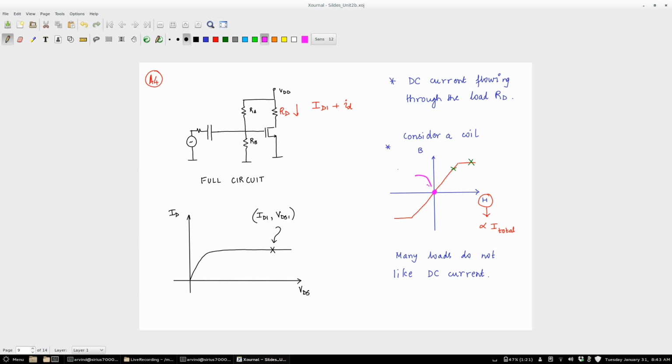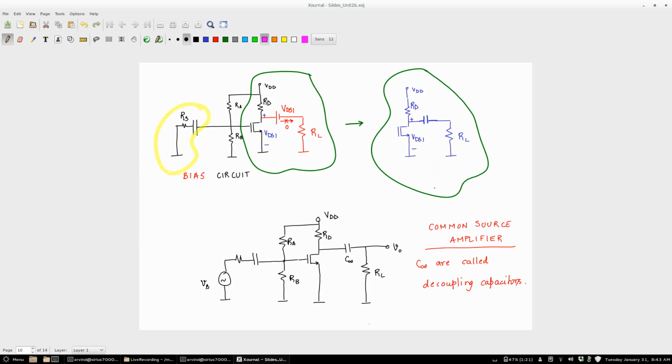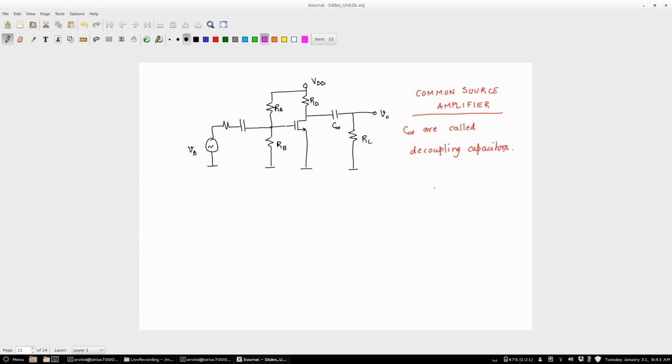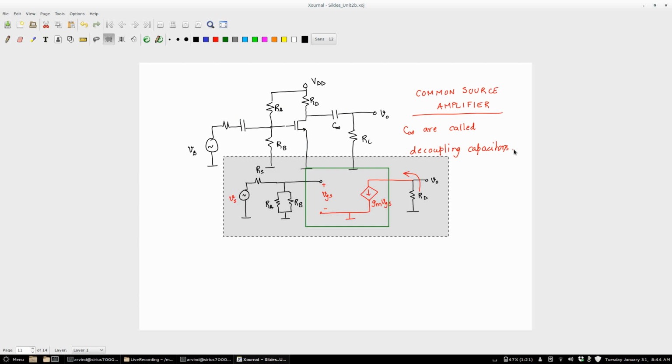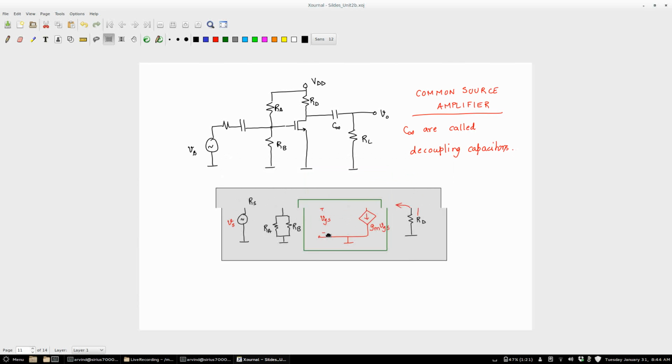In the previous case, you possibly want your operating point to be here because you want your inductor to work as a linear device, right? So in most of these applications, I understand that you would want your operating point to be at the origin. This is what you will want. But if you have a DC flowing through the load, it will shift to this green dot or this other green dot. So that's not what you want. Most of your magnetic devices you would like to bias at 0.